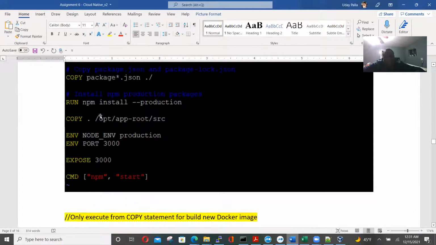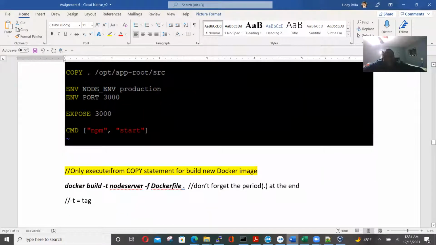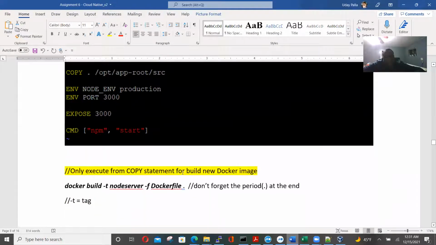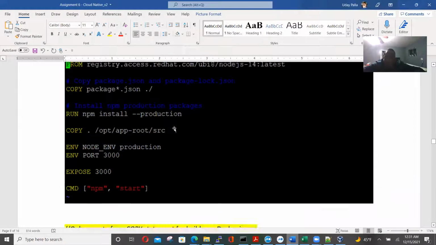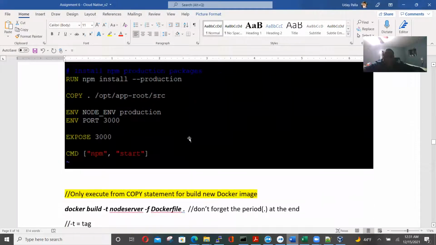From here to here, only the execution, copy and downwards is what we will actually use to build a new Docker image. We can even have a .dockerignore file, so it ignores the top part and only installs from here and the copy downwards onto any machine you like. So it will build a Docker image of whatever